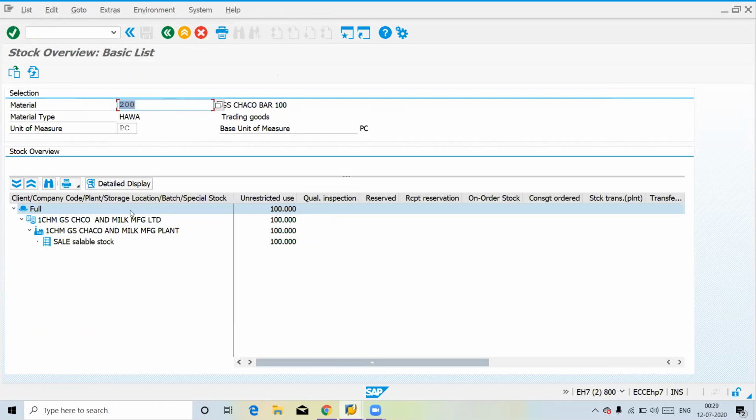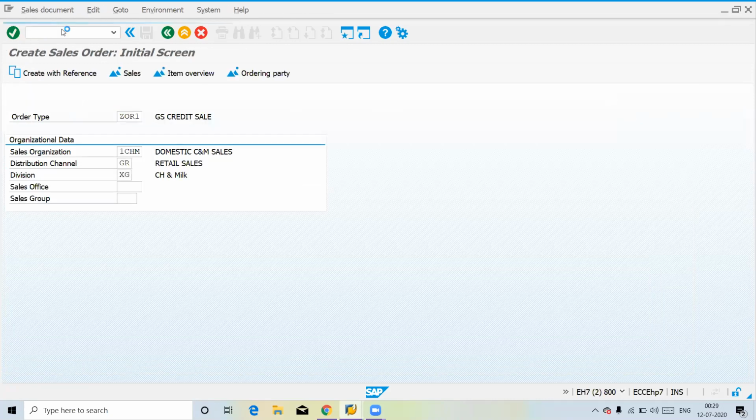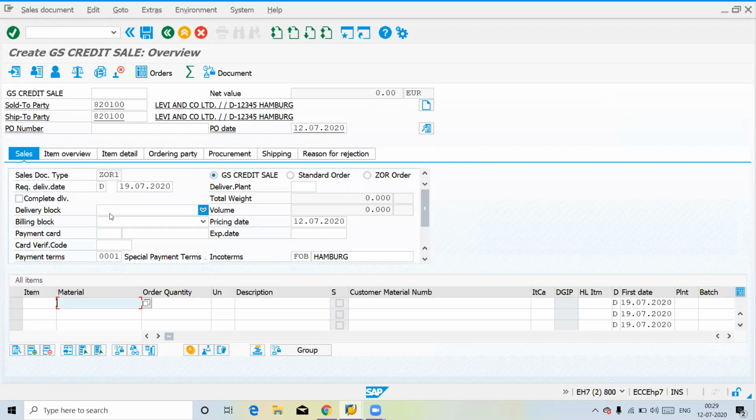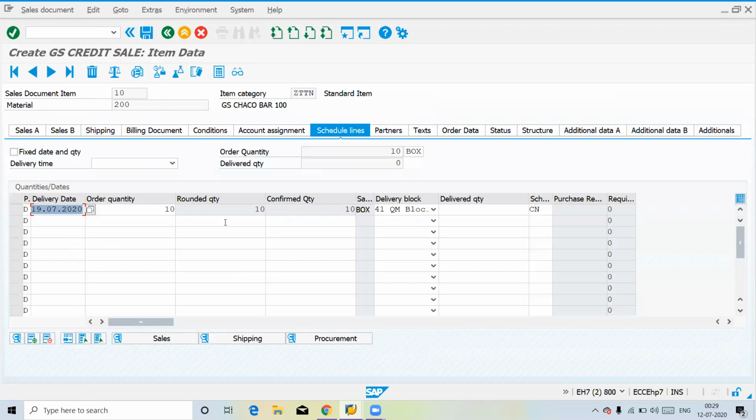Now let's try to create a delivery for this material code and observe how the system behaves. Let's create a sales order now and enter your already pre-created customer number, enter your material code. Let's try to reduce the order quantity. That means we can consume the 10 quantity from your stock maintenance. So for this material, let's go and check in the complete log. There were no errors.